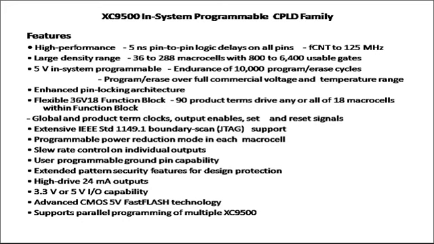In the 22V10 we have seen that certain product terms are associated with certain outputs. There is a variation: some outputs have 10 product terms, some have 12, and the maximum count was up to 18 product terms. But here the 36V18 is flexible and it has 90 product terms to drive any or all of the 18 macrocells. Means these 90 product terms can drive a single macrocell, or they can be used to drive any of these 18 macrocells within a function block.